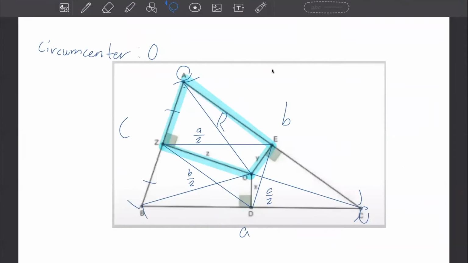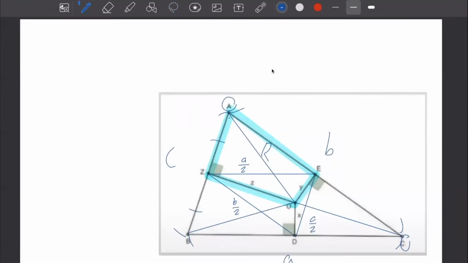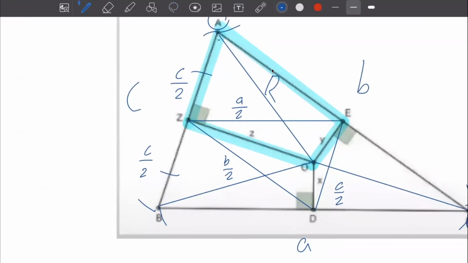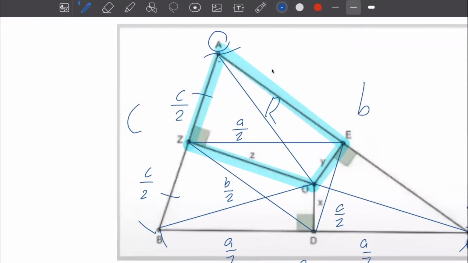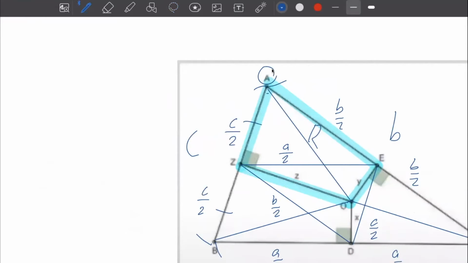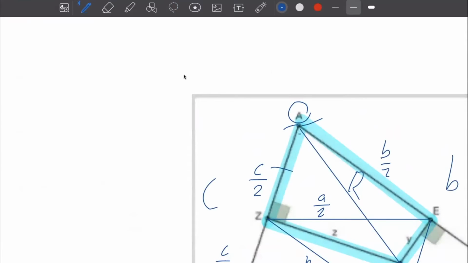From here, we're going to use Ptolemy's theorem on these cyclic quadrilaterals. Now that we know this is c over 2, c over 2, a over 2, a over 2, b over 2, b over 2, we can use Ptolemy's theorem by multiplying a few values. So let's start with